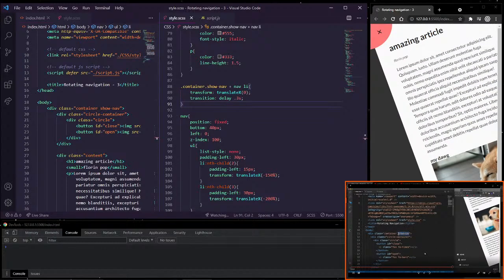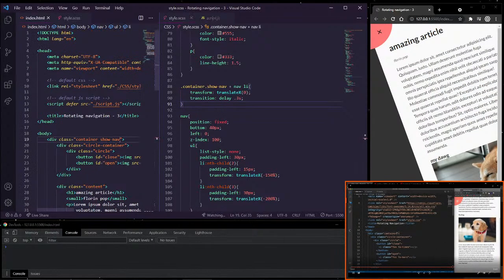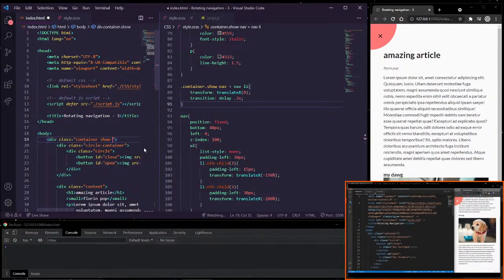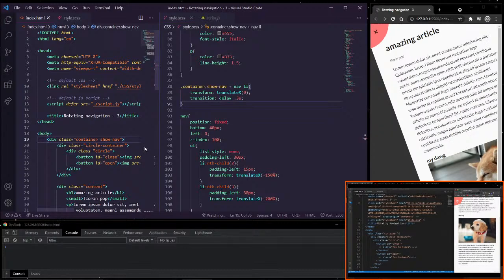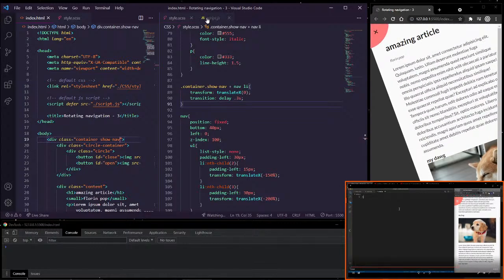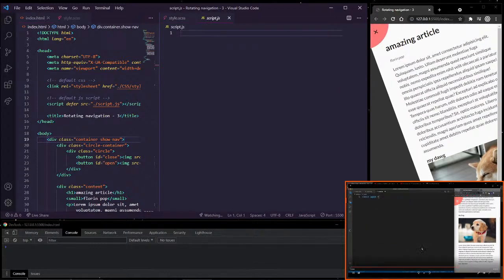So if we take this off, then it just looks normal. And then if we have it, you can see it rotates and it shows the navigation. Now we want to have the functionality where we click this, then it adds that class, which is going to be pretty easy. So let's jump into our script here, and let's create a variable called open, and we'll use